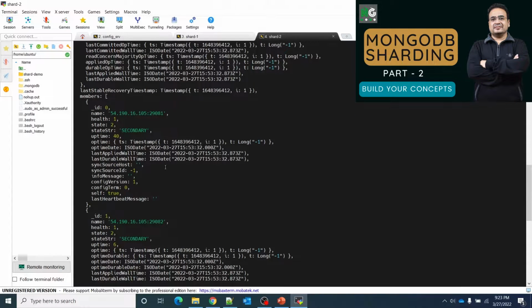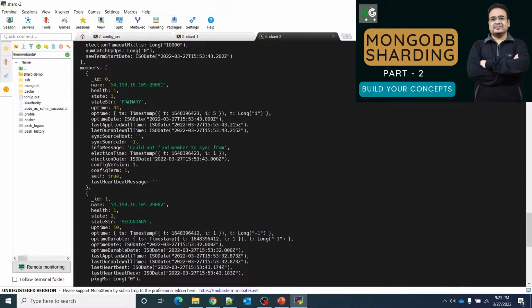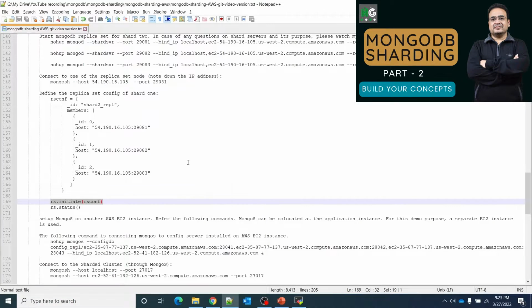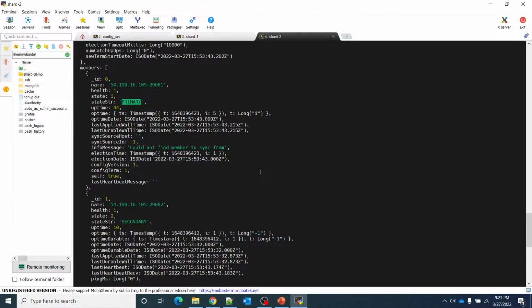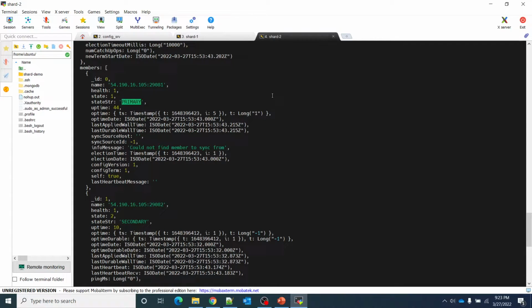Again secondary. Let me run it again. Primary, right? So far we are done with creating one config server, one shard, another shard with 3 replica nodes